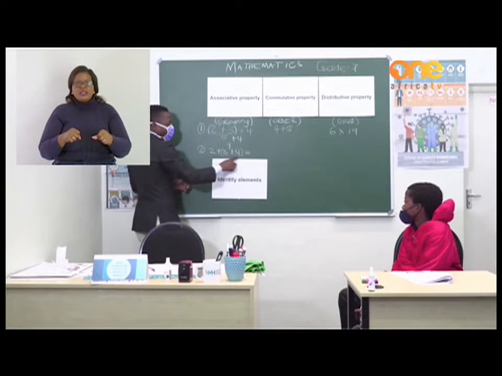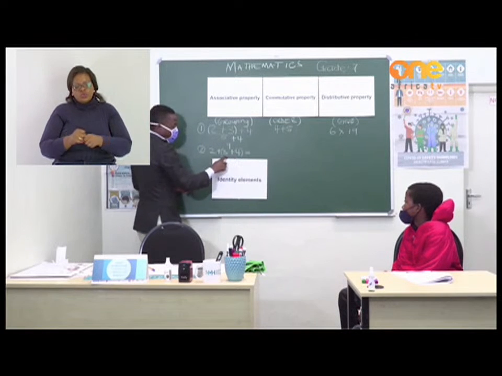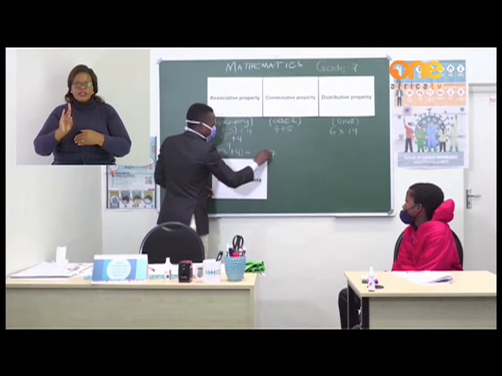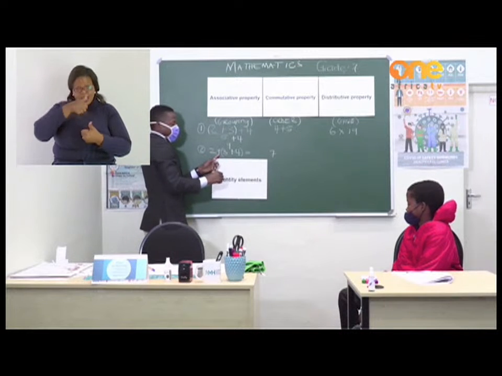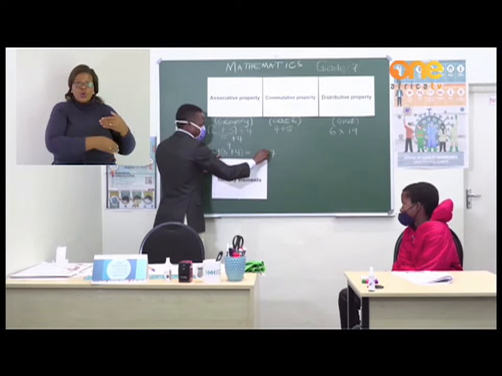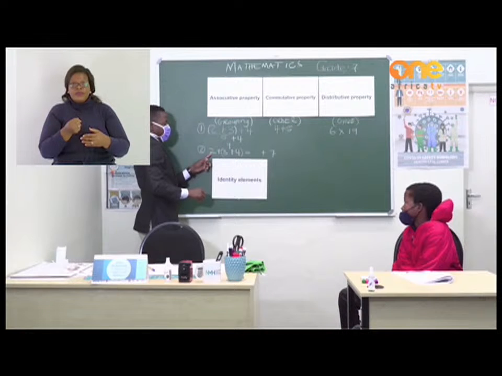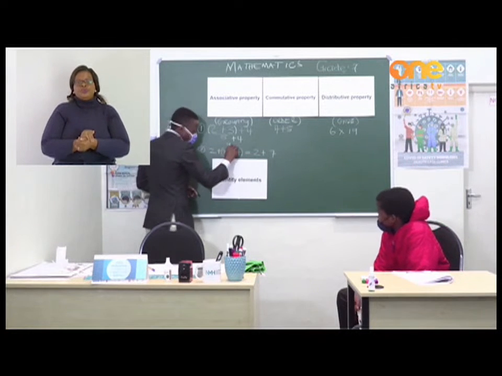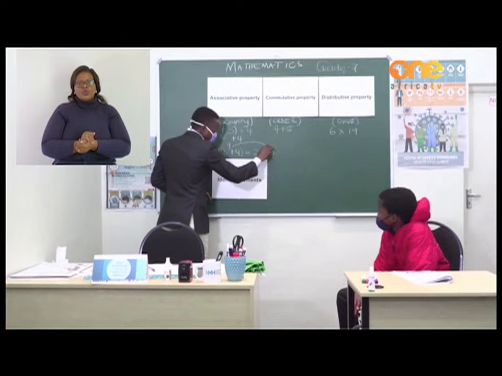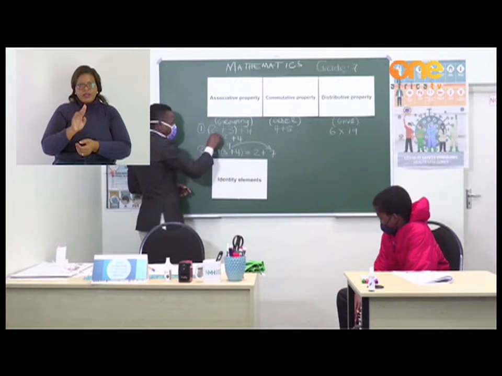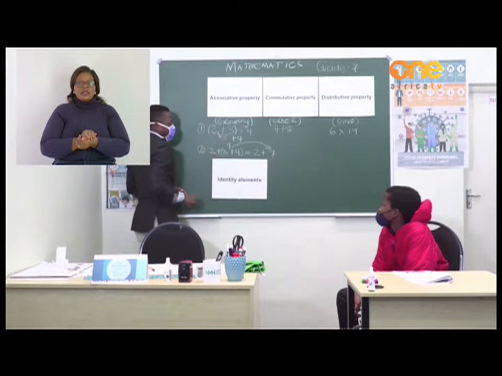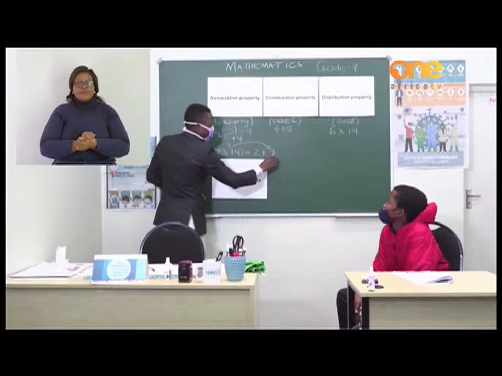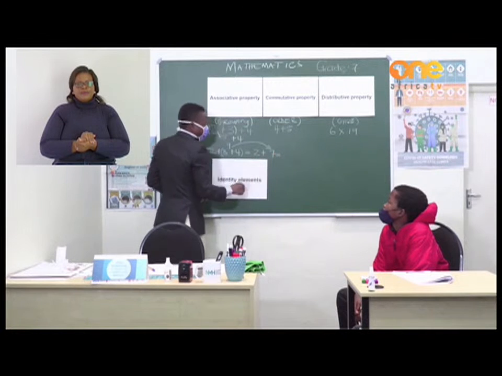And then I have to work out the answer here, which is going to be 7. Remember, there's addition here, and there's 2 here. So these happen to give me this answer, and this one happened to give me that answer. So from there, I can work it out and get my answer